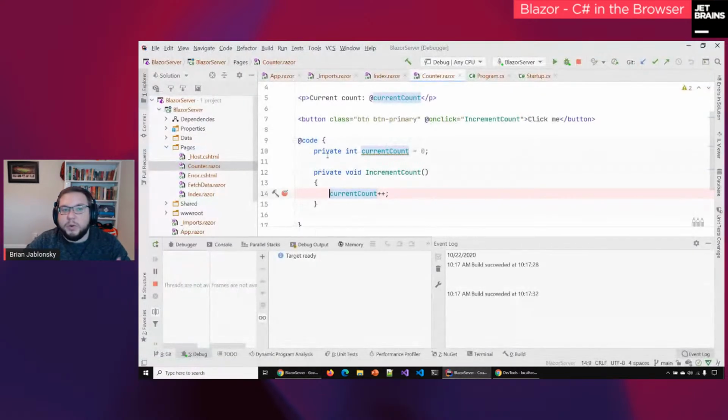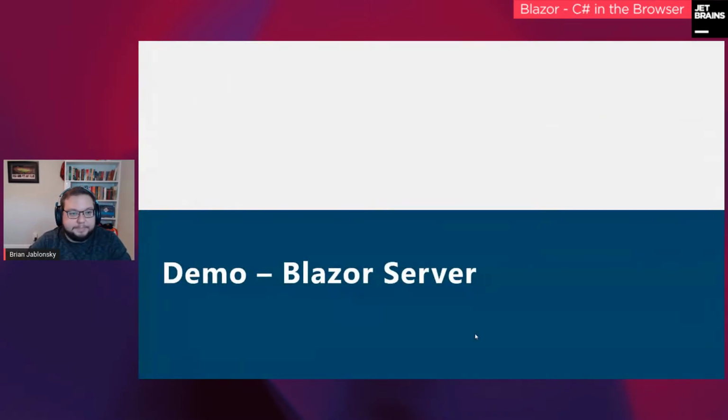So if you want to do any kind of debugging or anything like that, it's very similar to how it's traditionally done with MVC and Razor pages. It's very, very similar, just slightly different technologies of how things are going to work in the back end. It's a lot faster and it's lightweight. So yeah, let's get back to the slides.